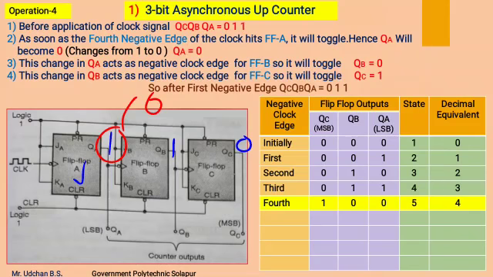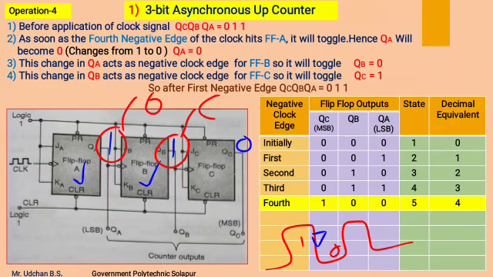become a 0. Again I will draw the clock pulse, 1 0 transition. The 1 0 transition includes the negative edge of the clock pulse, therefore the negative edge is received by flip-flop B, by which the output of flip-flop B also gets toggled, means this 1 will now become a 0. Again